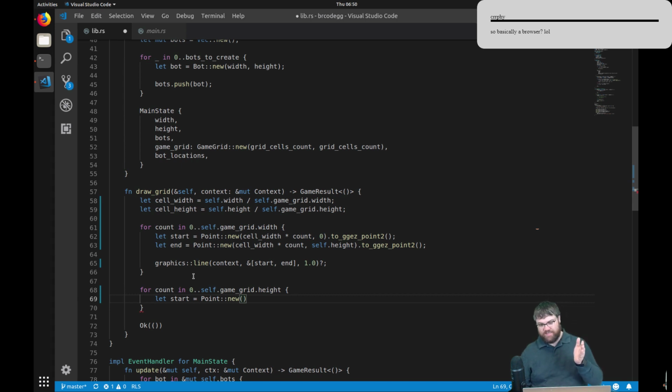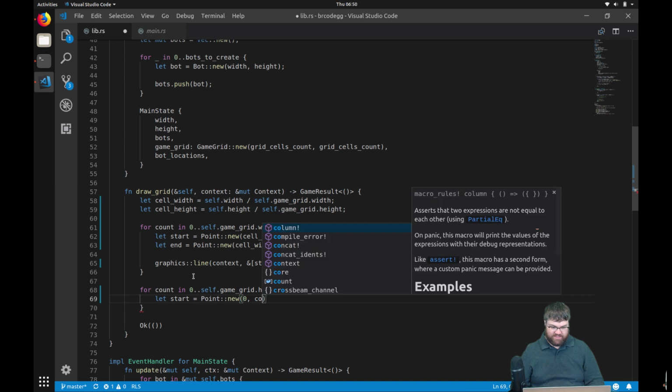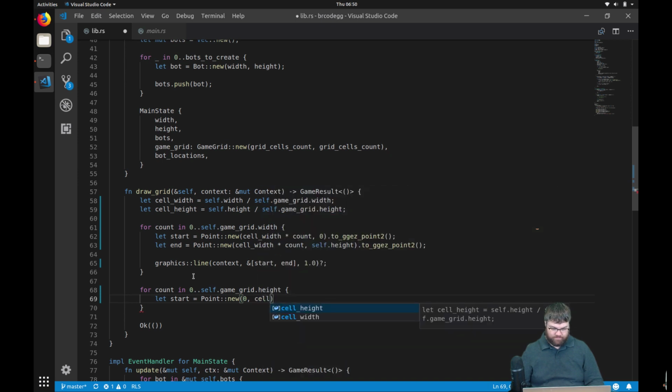So the x is always going to be 0 at this one because we're starting at the left, and then the y is going to be moving across. So it's going to be the exact same thing. We're going to start with cell width multiplied by the count, and we're going to convert this to a GG easy